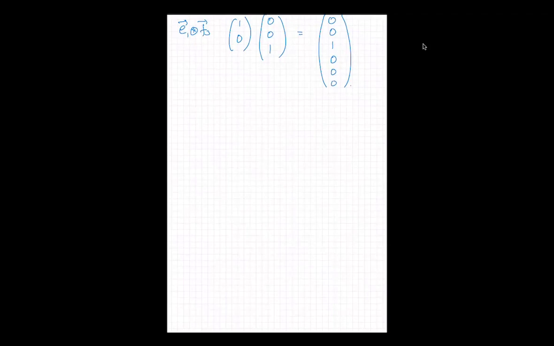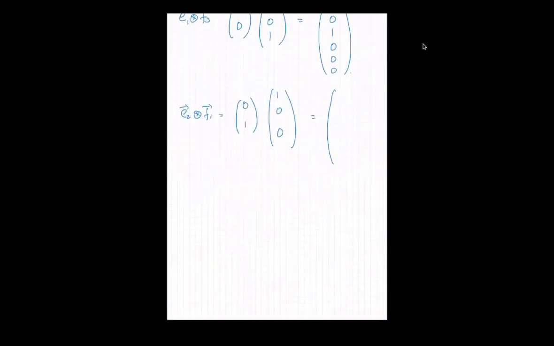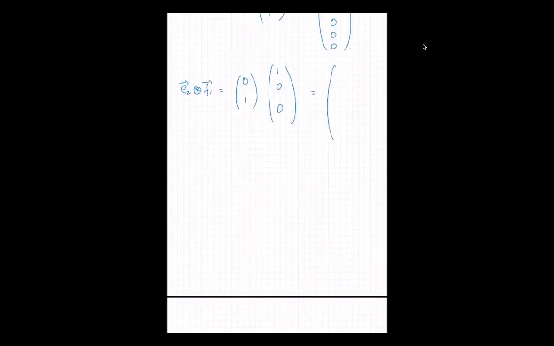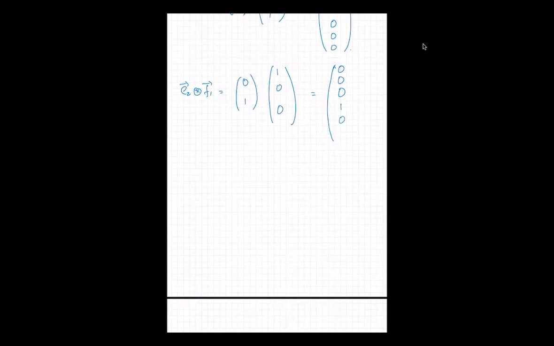So E2 direct product F1 would be 0, 1, 1, 0, 0. So what is this? Take the first element, which is 0, and multiply every single one term by term. So 0, 0, 0. Take the second element 1, multiply everything: 1, 0, 0. E2 cross F2,